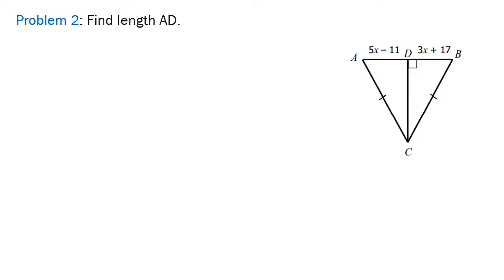So problem 2 is asking us to find the length of AD. Once again, you'll notice that since CD is a line right here, it makes a 90-degree angle. And this time they let us know that BC and AC are congruent. When that happens, with a 90-degree angle and these two sides of the triangle the same, the left triangle and the right triangle are exactly the same. Therefore, this length here is congruent to this length here because CD is a perpendicular bisector and it cuts this side in half. So it's two equal pieces. If they're equal, set them equal to each other